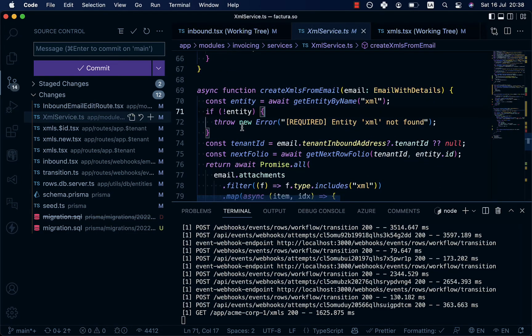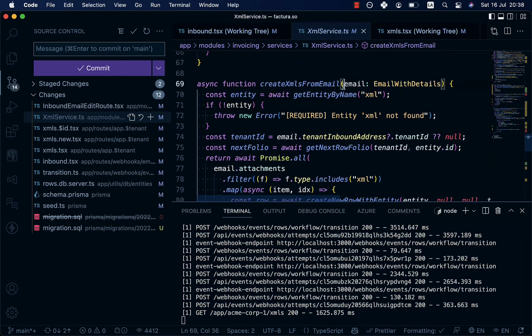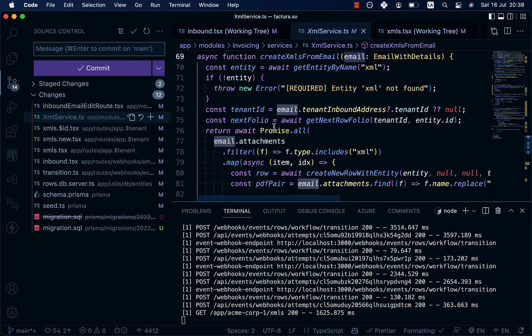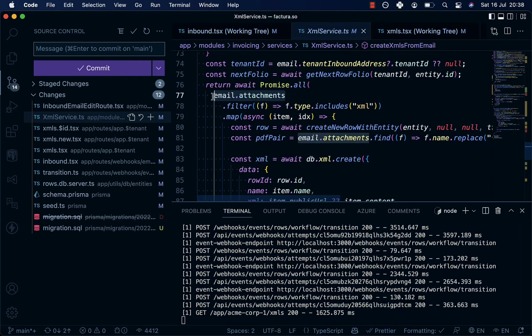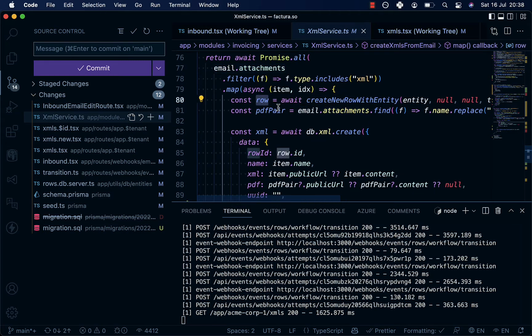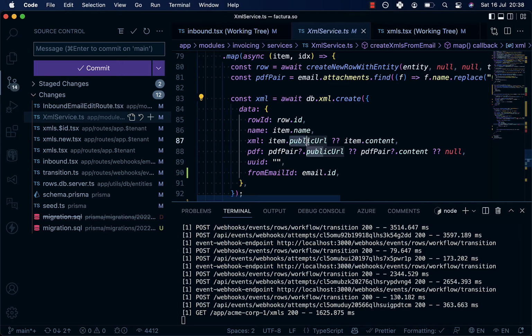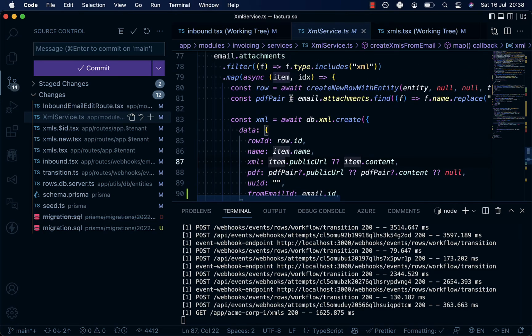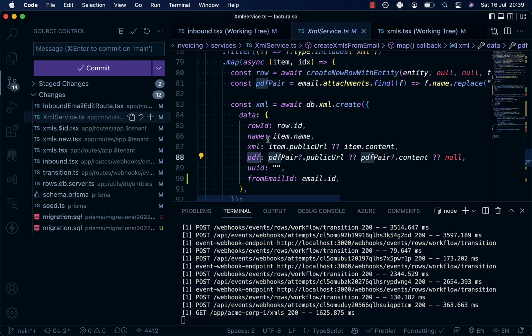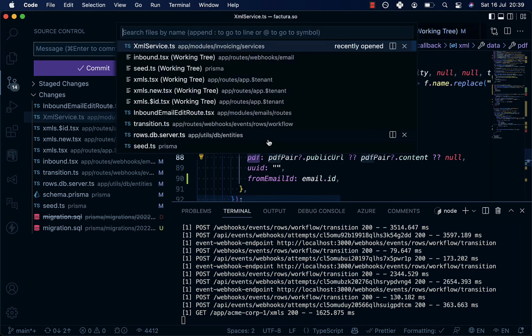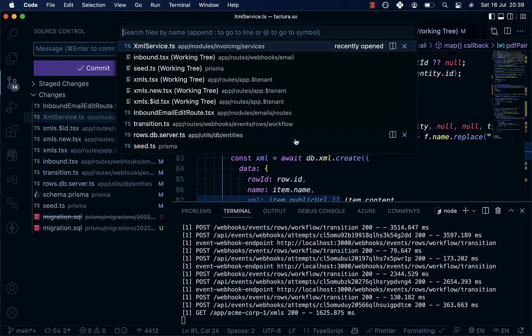So let's take a look at this function, which is really simple. I just get an email from the parameter, and I iterate for all email attachments. I create a row for this entity, which is XML. And as you can see here, I'm passing the already existing public URL or content on base 64 from the XML and PDF files, so I don't have to create them again, because I already did that in the inbound